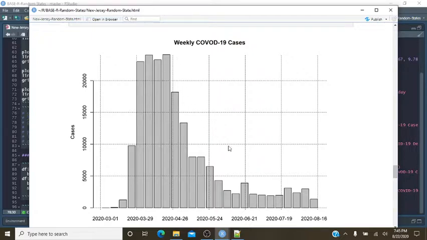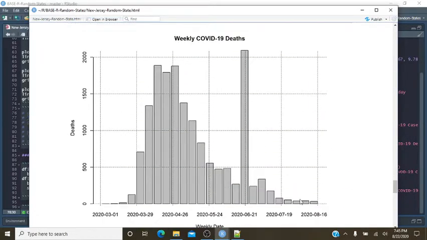Once again, you see the weekly cases. This is 5,000. So it's between, well, this is the total for this week. So this is maybe 2,500, 12 to 1,500 here. So this isn't necessarily very good yet. You know, over 2,500 cases a week. Deaths look good. This is 500. So this is 250. This is 250, 125, maybe 100.